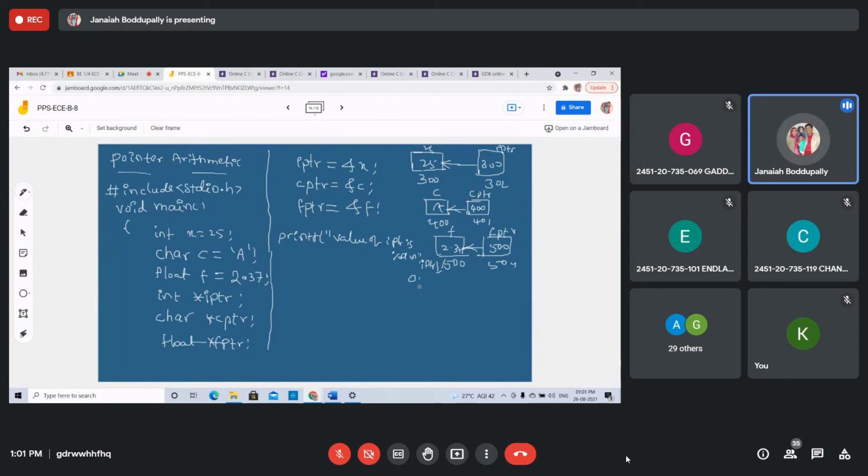Now, what is the output? Students, can you tell? What is the value of IPTR? Address. The value of IPTR is 300, the address of X. It gives the address of X.